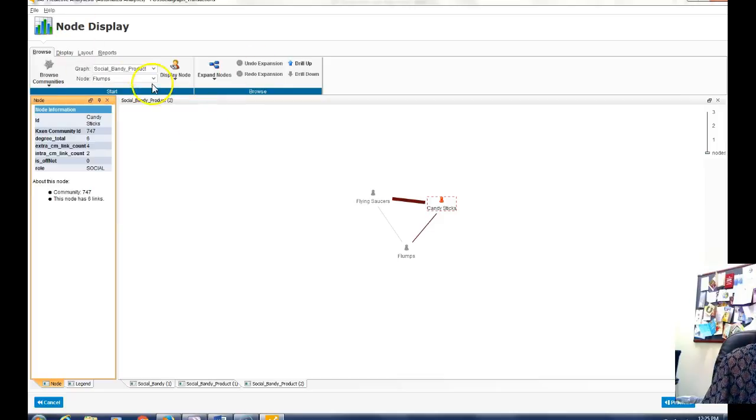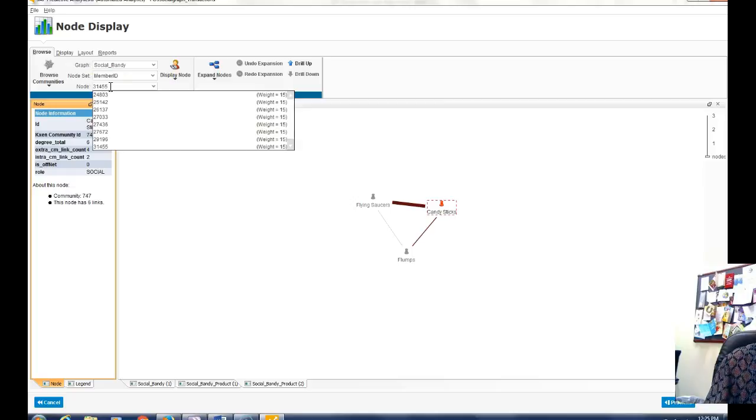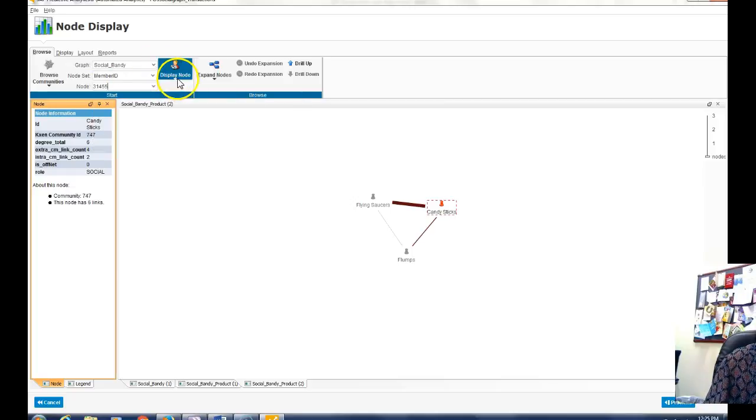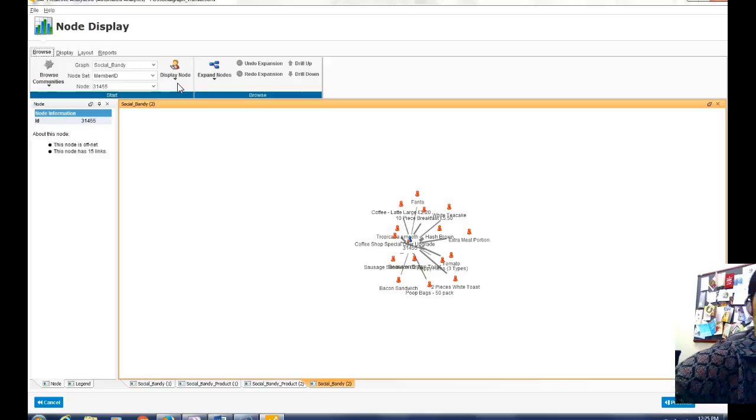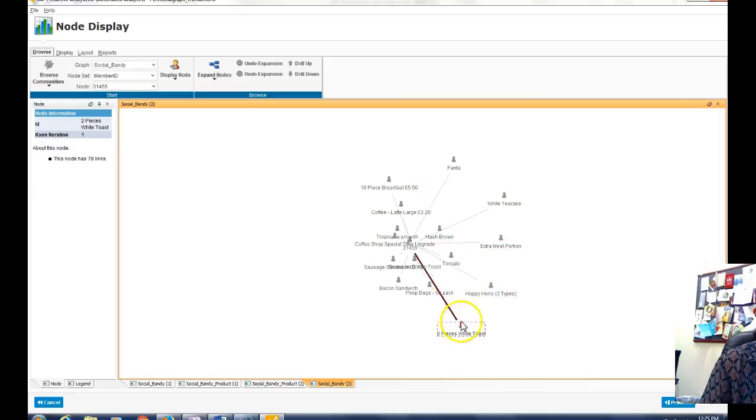Now we will change graph to again social last name, member ID for the note set, and we will enter 31455, and then we will display note to show the graph. So I'm just arranging it so that I can read better.